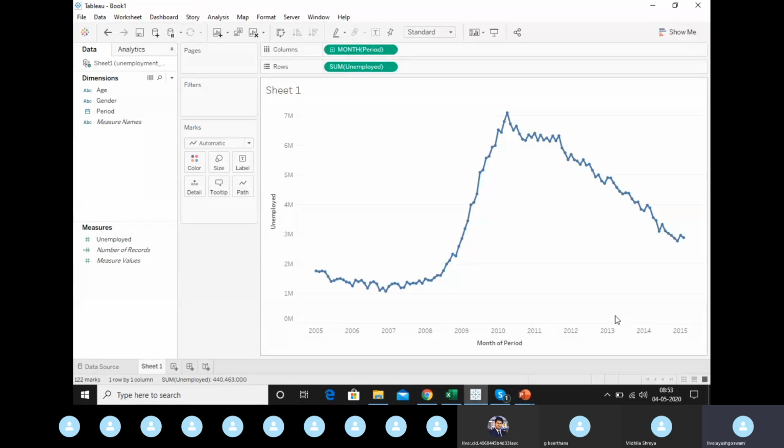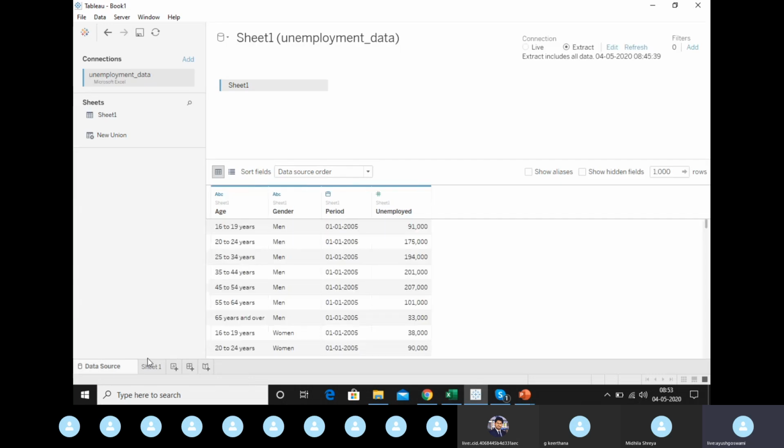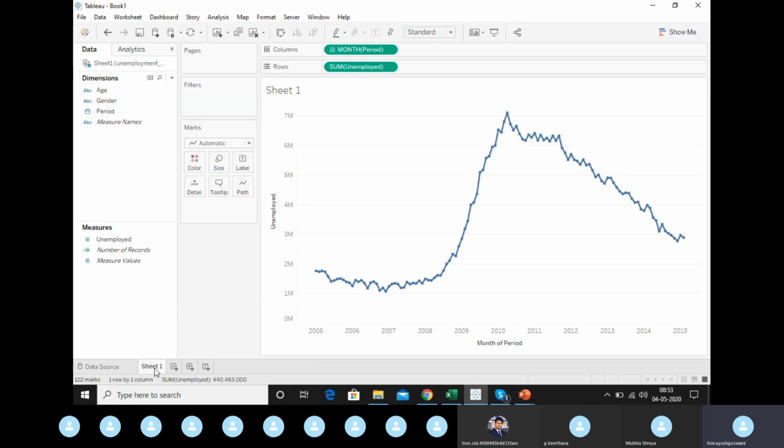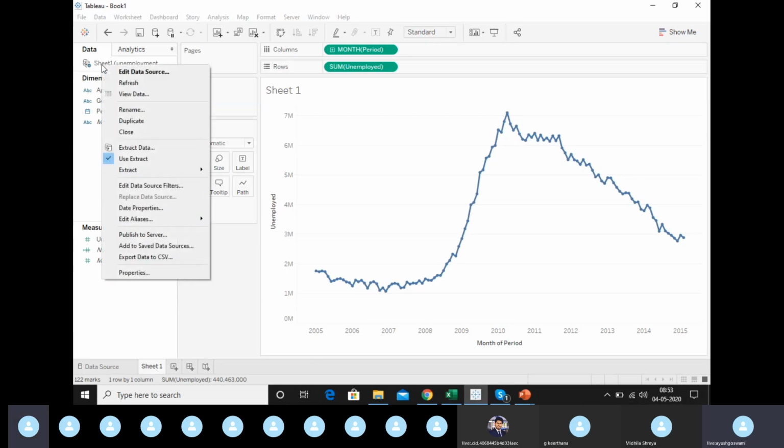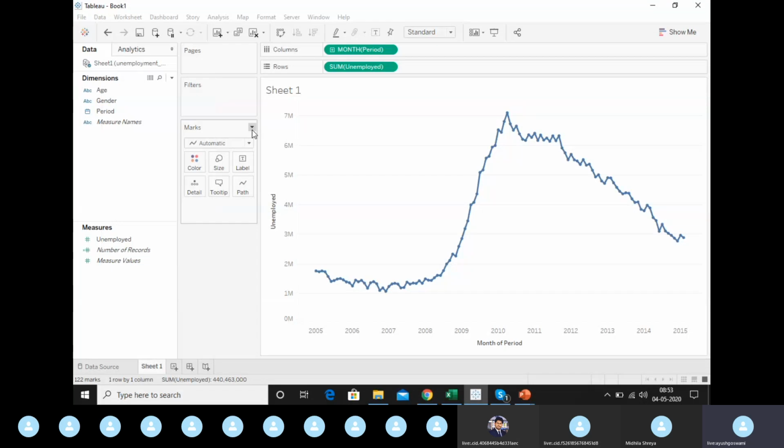So you can start by importing your data set first into the data source, and start using an extract by clicking onto this data set and clicking onto extract data. Once you do that, you'll be able to create an extract here, and you can double click on unemployed.